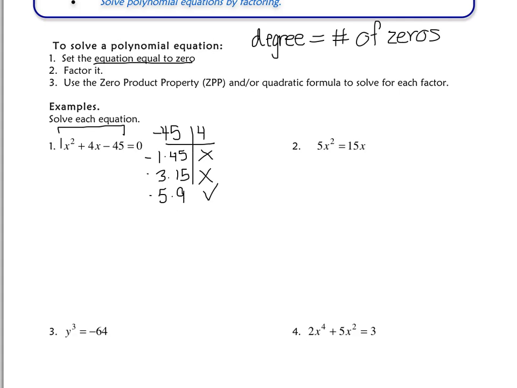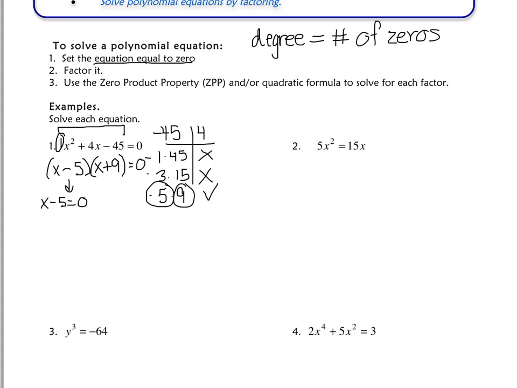Alright, so hopefully you remember from chapter 5 that if the leading coefficient, that a value is 1, you don't have to split the middle term. You could just set up the 2 factors, and they would be x, and then you take this first number, so minus 5, and then x, and then the second number, it's positive 9, so plus 9, and this entire thing equals 0. So now zero product property, you take both factors and set them equal to 0 and solve